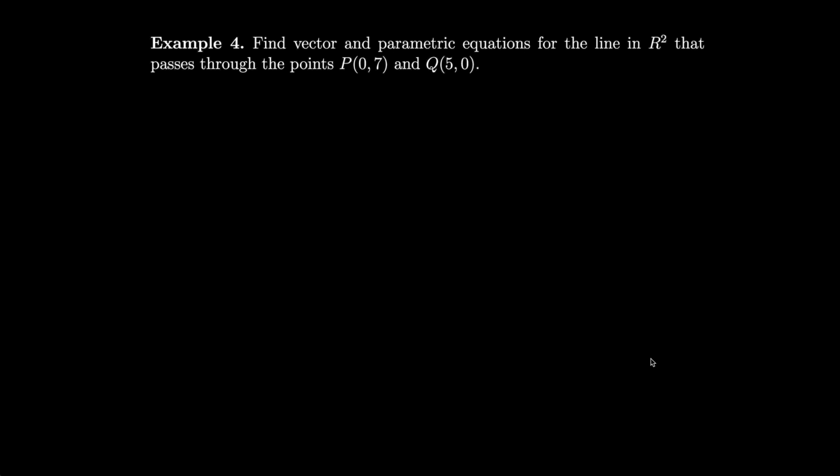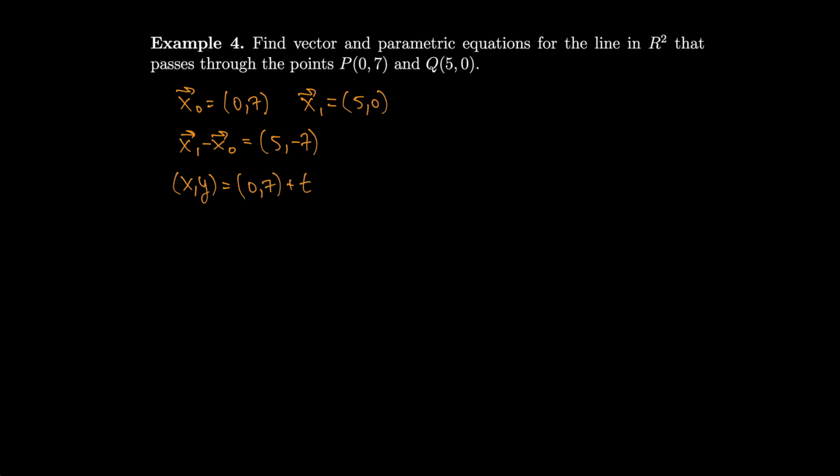How about we find vector and parametric equations for the line in R2 that passes through the points P and Q. So we'll write x naught equals P, so that's 0, 7. And x1 will equal Q, so that's 5, 0. So then we have x1 minus x naught is equal to 5, minus 7, and that gives us that xy is equal to 0, 7 plus t times 5, minus 7. So parametric equations are x equals 5t, y equals 7 minus 7t,